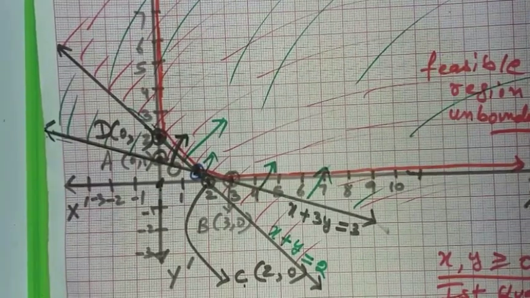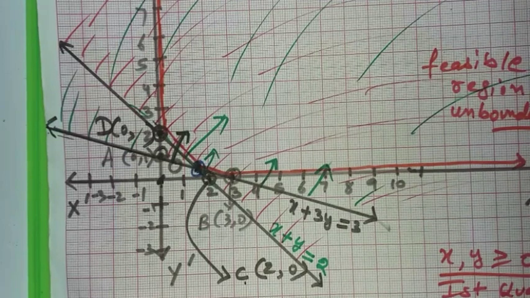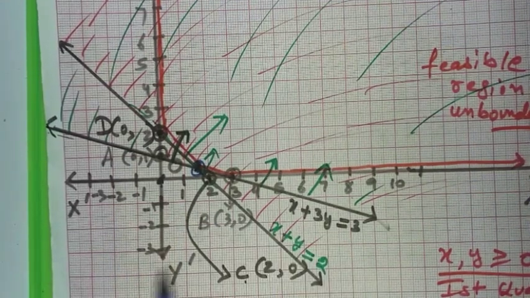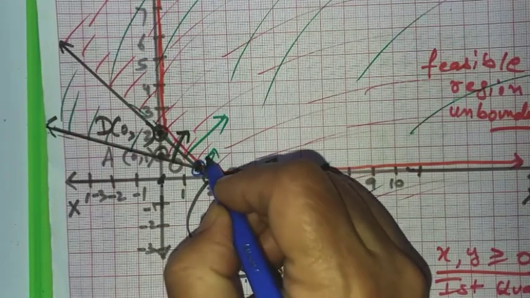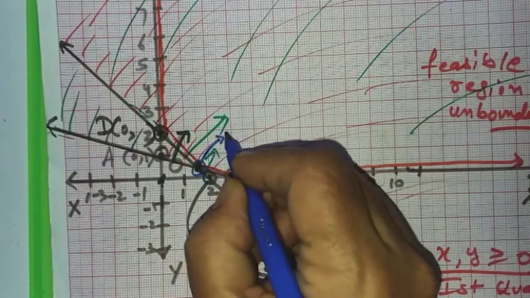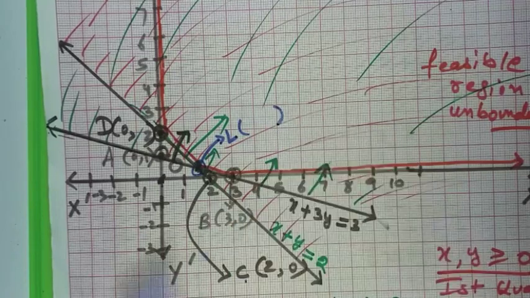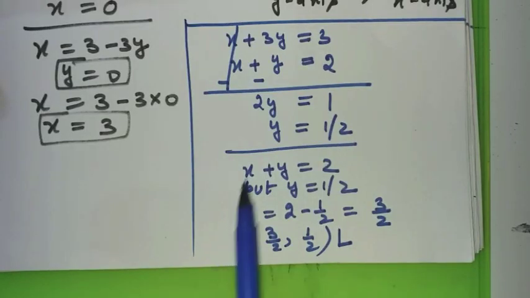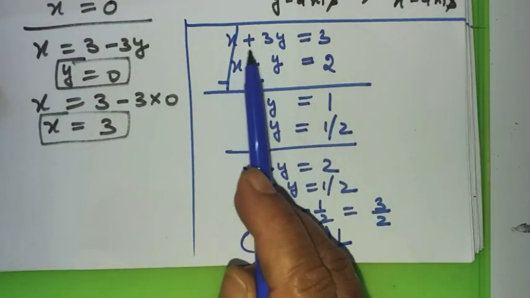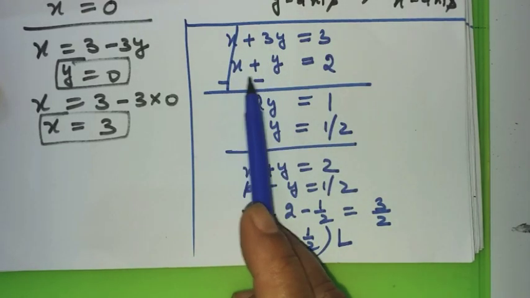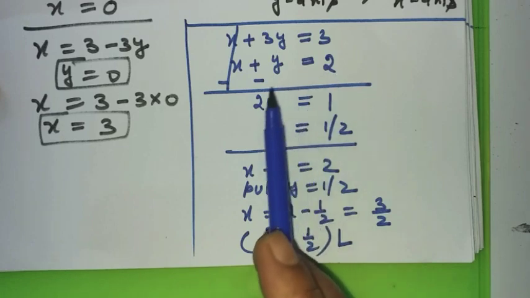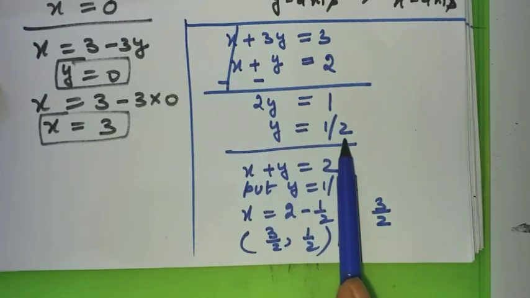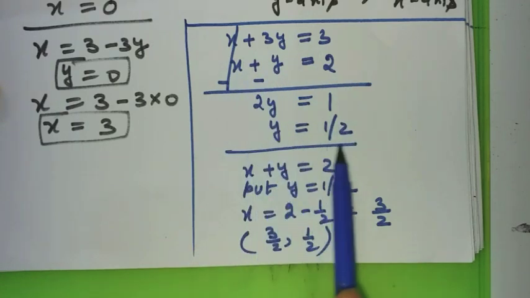You also solve it side by side and get the coordinates of this point. If we have taken the points till A, B, C, D, we can call it point L. So this is point L, and we have to find its coordinates by elimination method. You can see that I have taken the two equations, x plus 3y equal to 3 and x plus y equal to 2. I solved them simultaneously, changed the sign, so I got y to be 1 by 2, and I think you must be knowing how to solve it.